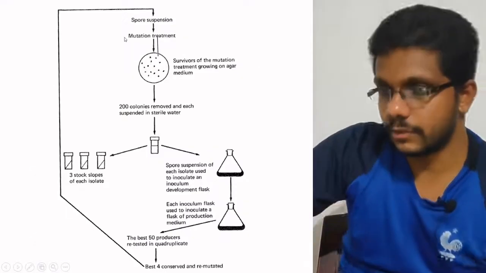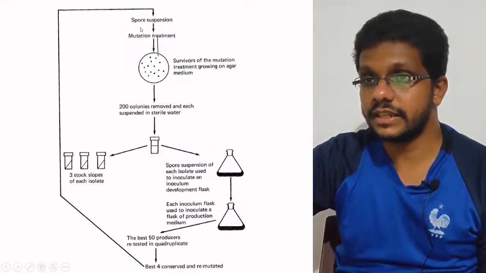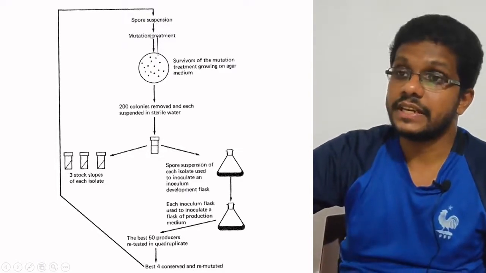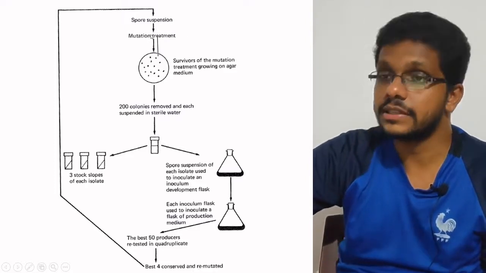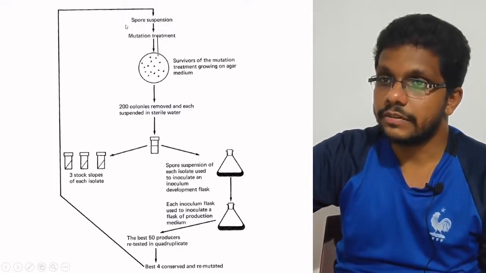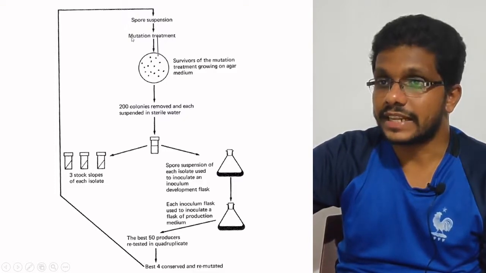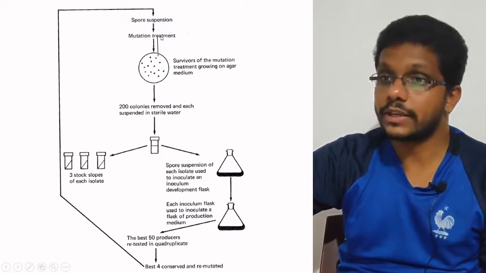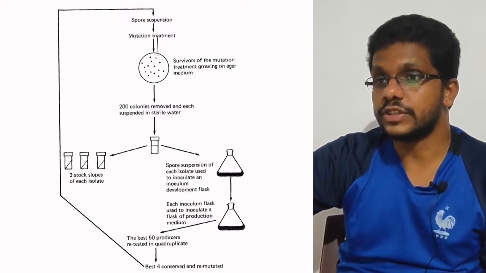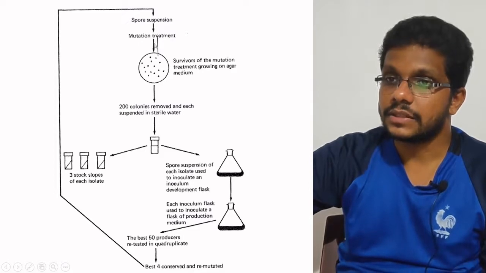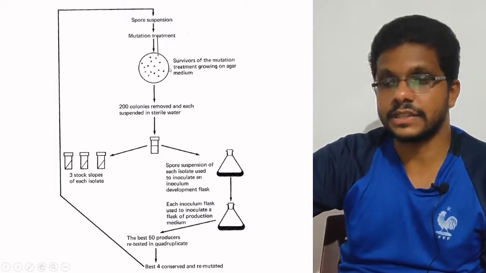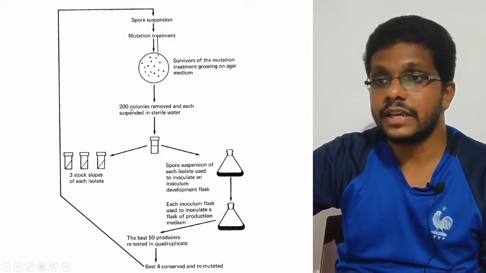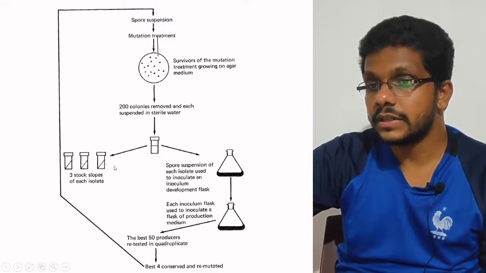So this is a schematic diagram of strain improvement using mutation selection, and this example tells about a spore suspension from a fungus or other spore producing organism. We'll take the spores and expose them to mutagenic agents. These mutagenic agents will mutate the organism and produce a variation among these organisms. And once we get the variants, in this example we will select 200 colonies from it. Once we have the colonies, we will store them as a stock.